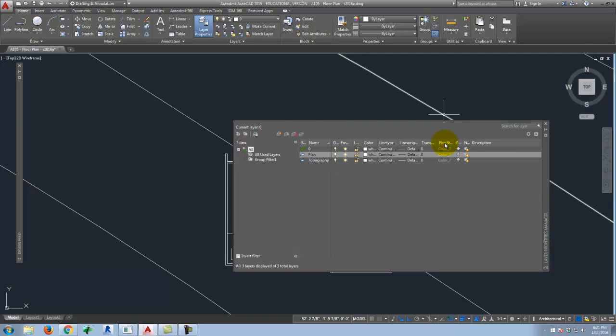Beyond that is something called plot style color. This really is not something that we'll cover in this class, but I want to point out that this is something that a lot of firms use, and that is that certain colors will be defined as certain line weights. So you might draw all your walls in green, and then those green lines will become, when you plot, a